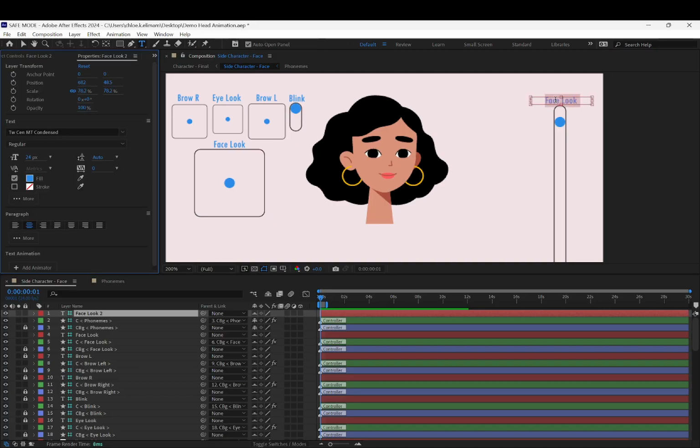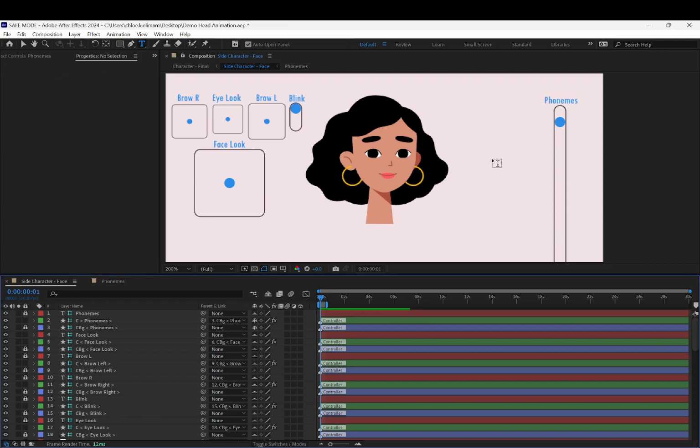I'm just going to rename that phonemes. Alright, so I can lock that, and we can shy that out if it's not already. And let's shy out or lock the face look one as well,